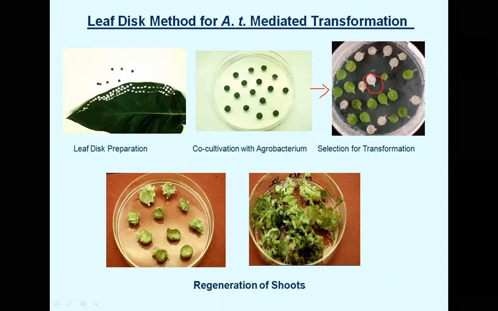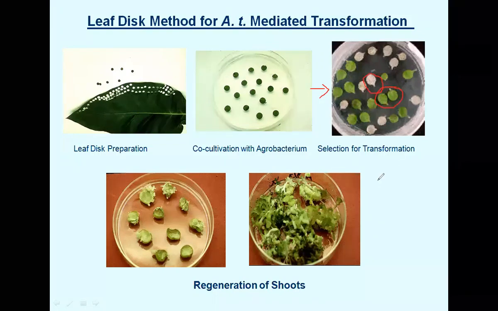One is called the biochemical test. Biochemical test means you have already done it. You have grown those plant tissues in the presence of that selectable marker, in this particular case kanamycin, and they have survived. So this gives a fairly good idea that these plant tissues must have carried the gene of interest. They are actually the ones which have been transformed. So this is called a biochemical test, but this is not considered a confirmatory test.